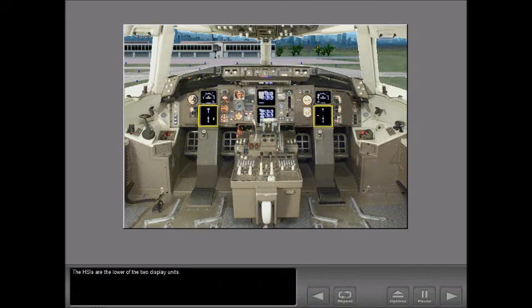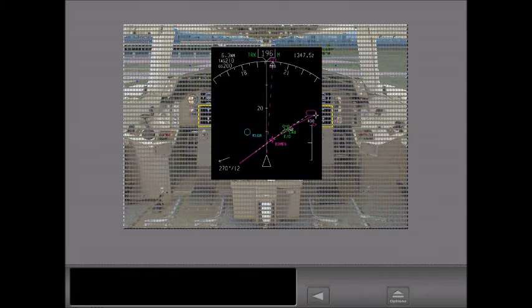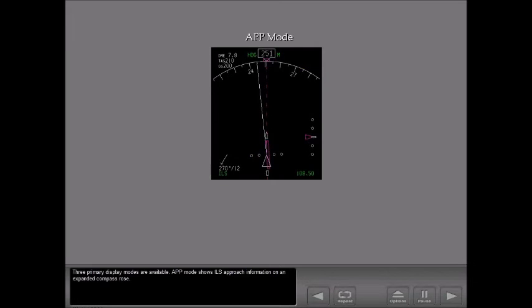The HSIs are the lower of the two display units. The HSI presents a selectable color display of flight progress. HSI heading is supplied by the IRS. 3 primary display modes are available: